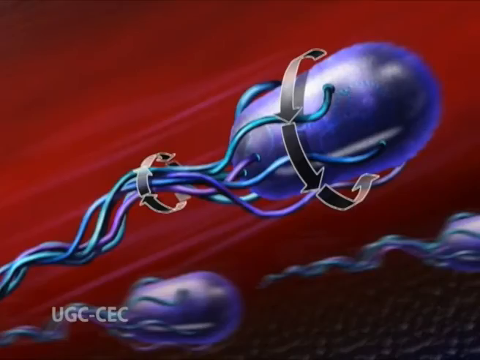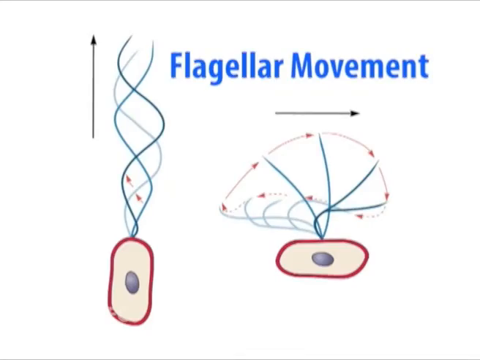Gram-positive bacteria have only 2 basal rings, S and M ring. The inner ring is connected to the plasma membrane, while the outer ring is connected to the peptidoglycan layer. The structure of the flagellum permits the filament to rotate by 360 degrees. The mechanism of flagellar movement appears to be rotational.